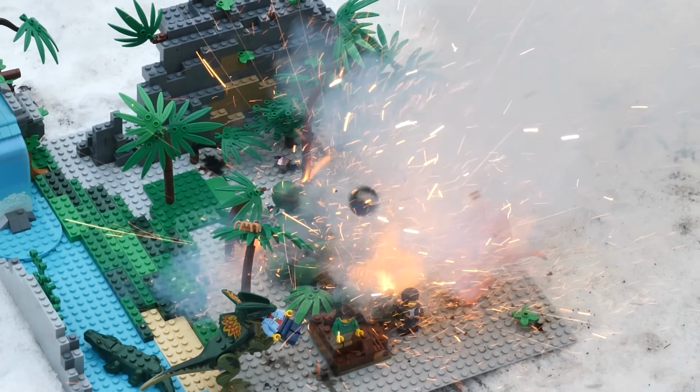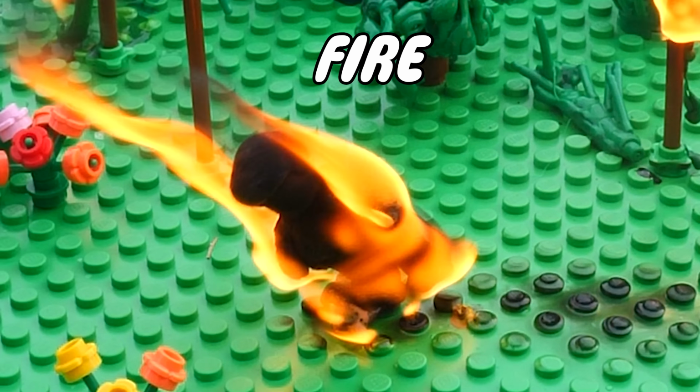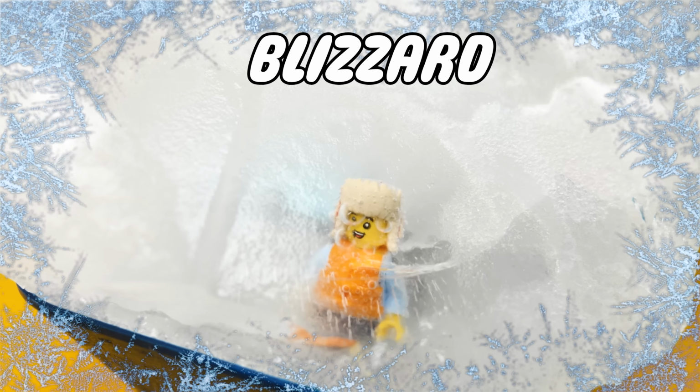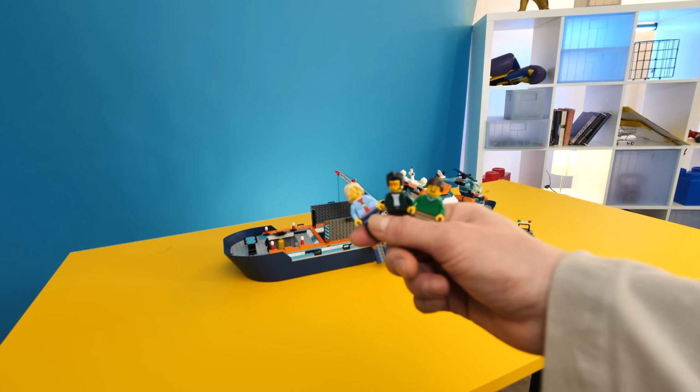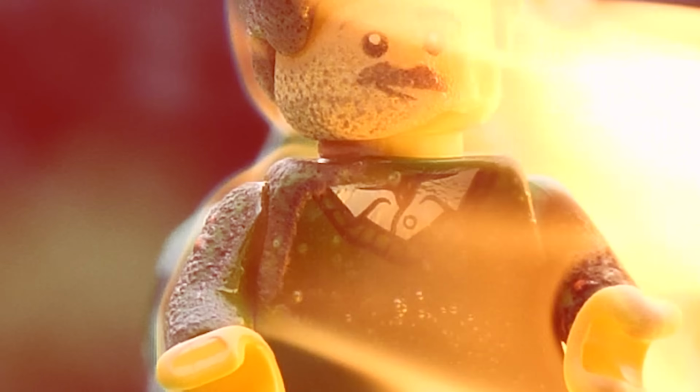In this video, I'm gonna simulate a bunch of natural disasters in LEGO. I used fire, a volcano, a meteor shower, a blizzard, and more. To do this, first I'll build various disaster-friendly LEGO sets. Then I'll put these 3 guys on them to see if they'll be able to survive the hell I have